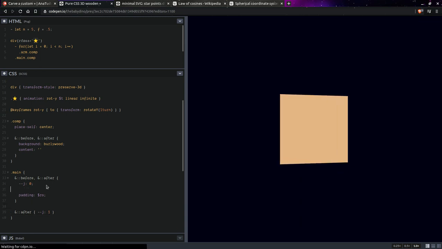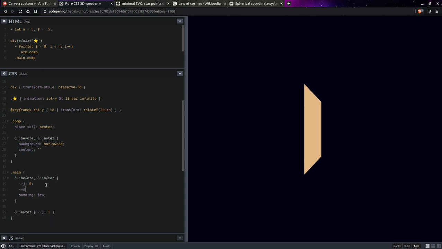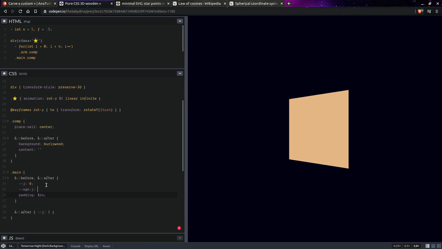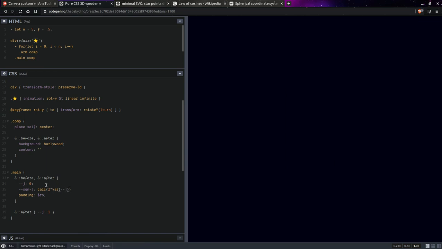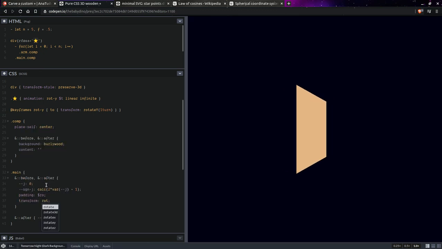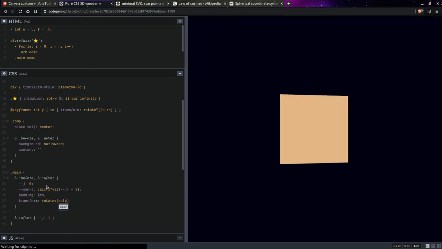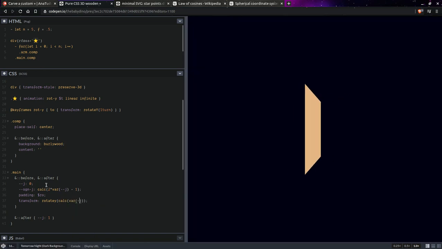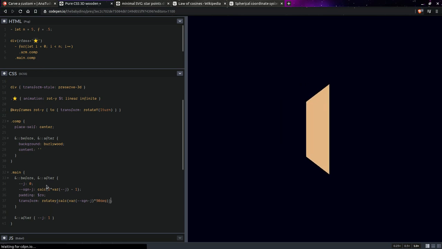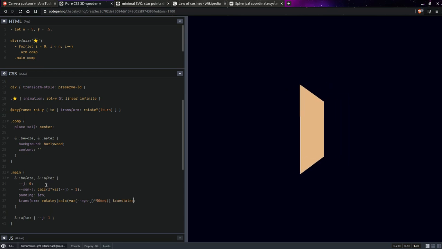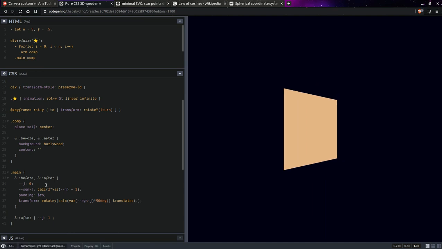So here we'll be computing a sine of J. This is going to be calc 2 times J minus 1. So here we'll have transform rotate y calc sine of J times 90 degrees, and then we'll have translate along the third axis by half that thickness,